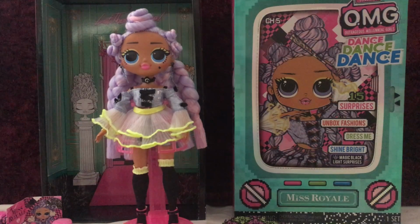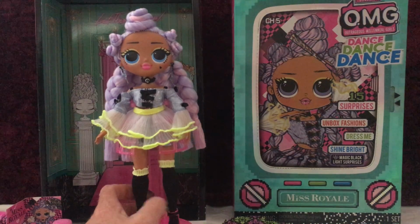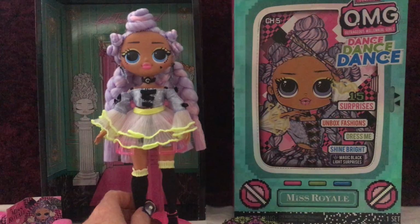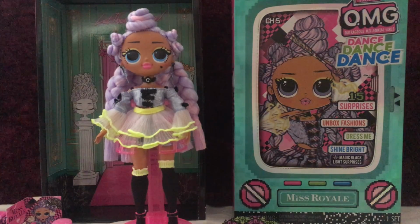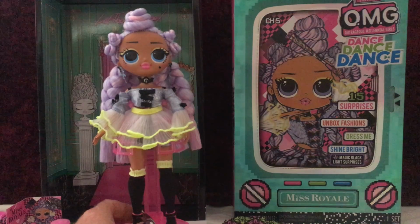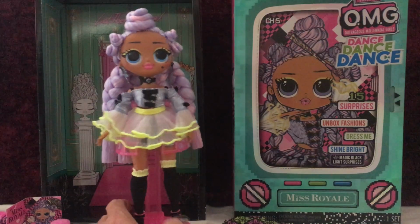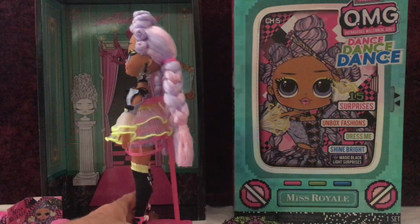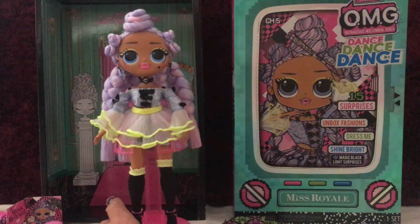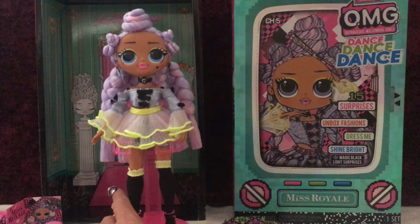When I had first gotten Miss Royal B from the first series of the LOL Surprise OMG Girls, I really didn't think that I was going to start collecting these dolls because they seemed very hard to dress. At the time, they didn't seem a whole lot interesting to me, but now that I had gotten a couple from the flea market, I'm starting to like them quite a bit. So I have started collecting them,